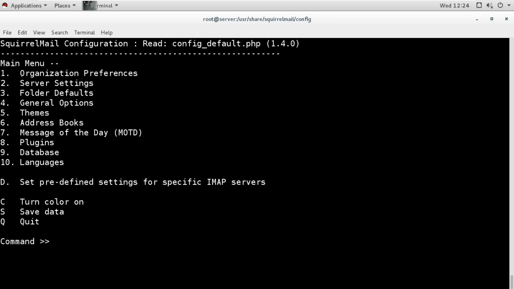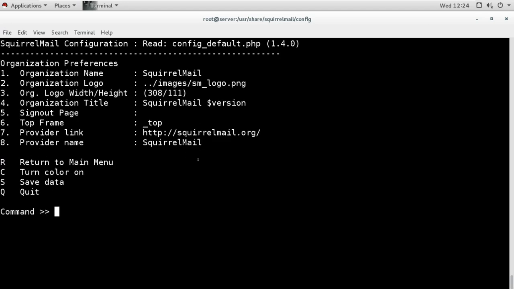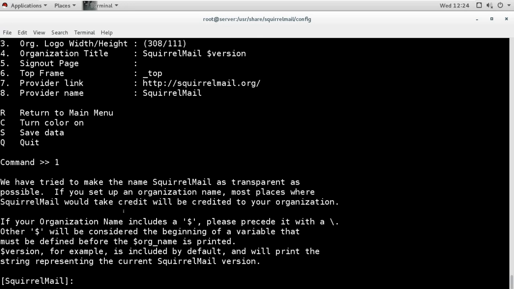For example, I will configure the organizational preferences. So I'll go for option one, enter. Now it says what you want to configure. Let's say I will configure first the SquirrelMail organization name, number 1. By default it is giving this name, SquirrelMail. I will change it to my organization name.